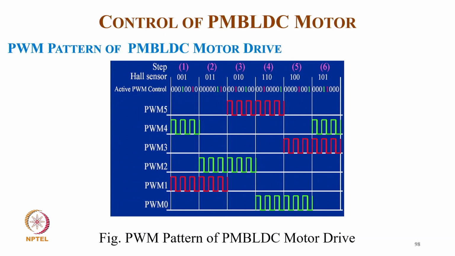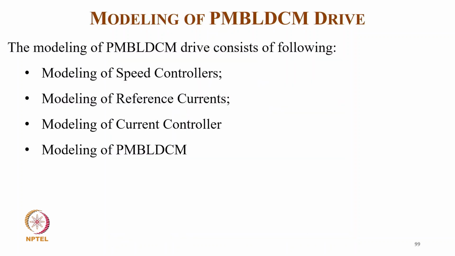Typically in a PWM pattern. I mean during that 120 degrees we use the PWM signal, of course controlling the voltage at the output. Here we control the voltage only. Duty cycle is used for the control of the voltage, but we increase the frequency so that the ripple current is reduced. So now coming to modeling of permanent magnet brushless DC motor drive, it consists of modeling of speed controller,